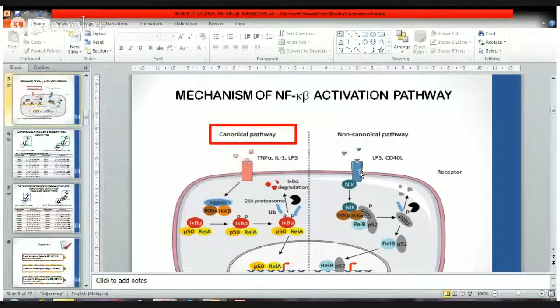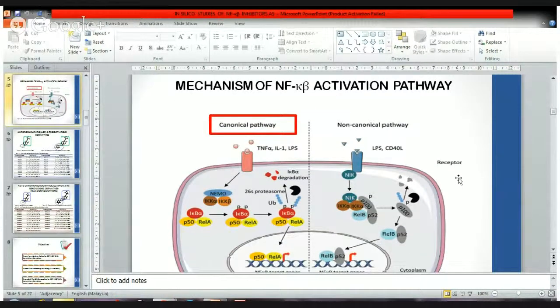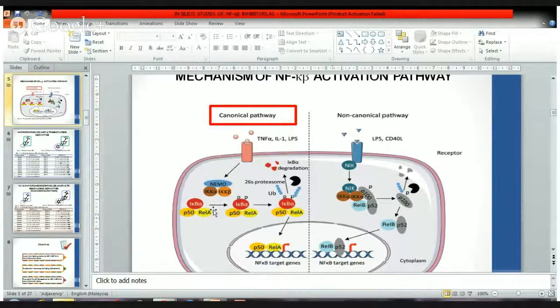So this is the mechanism of the NF-kappa B activation pathway, which has 2 main pathways, the canonical pathway and the non-canonical pathway. Since most conditions such as cancer or inflammation are linked with the canonical pathway, in this presentation I'll be generally focusing on the canonical pathway. Once molecules such as TNF alpha or interleukin 1 bind to their respective targets,